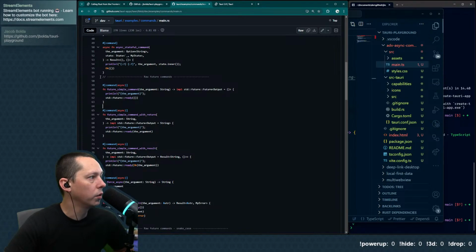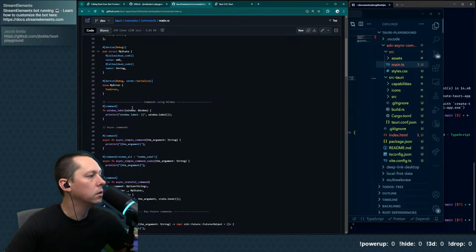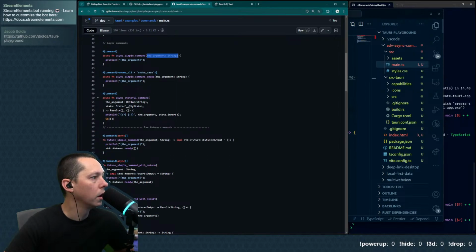So like here we have raw feature commands and commands using window. Okay. We had started touching on this too. The options to your function: we've got a few. There's the window, there's arguments, and then state.